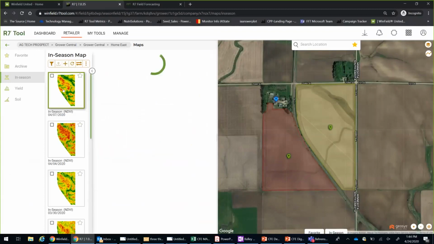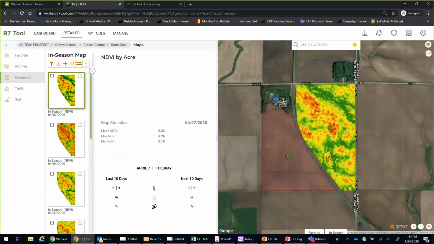For this particular field, it's a really interesting piece. This is a waterway today, a lower part of the ground, and this is a higher part of the ground. Again, just ground coverage is different. This field was strip tilled, so you're able to look at it from that perspective. There are a couple of new views in the tool on how you look at imagery.